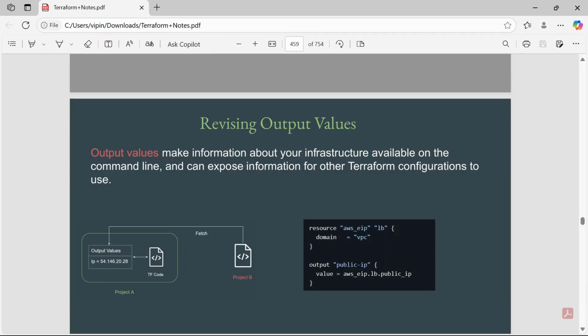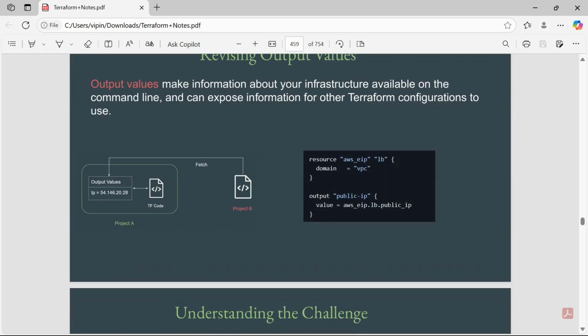Suppose you have an output value like IP in project A, and you want project B to use this IP. Project B can refer to this IP only if you have declared the output value in your project A Terraform configuration.